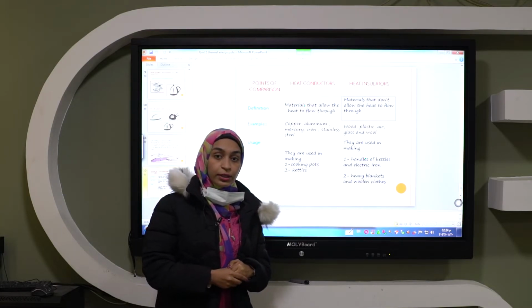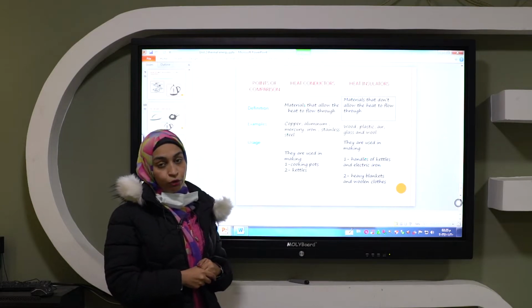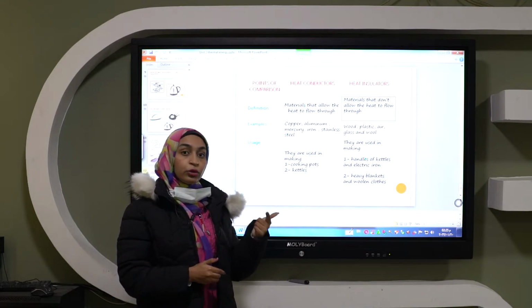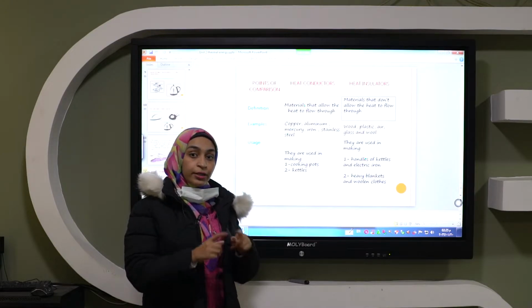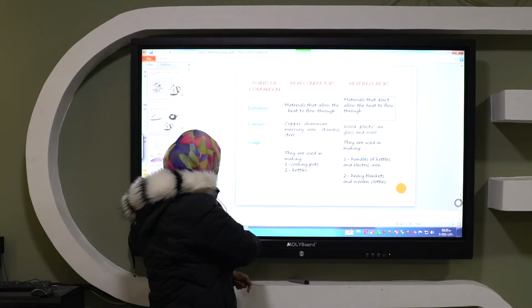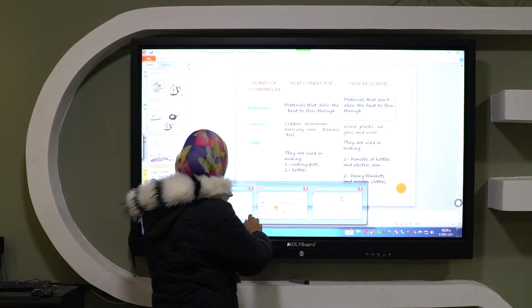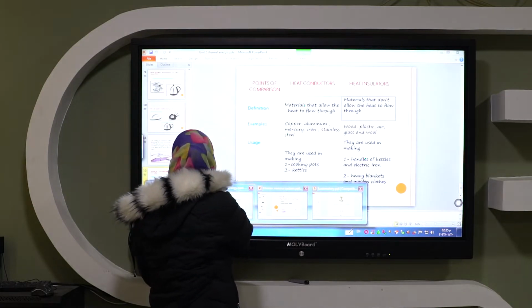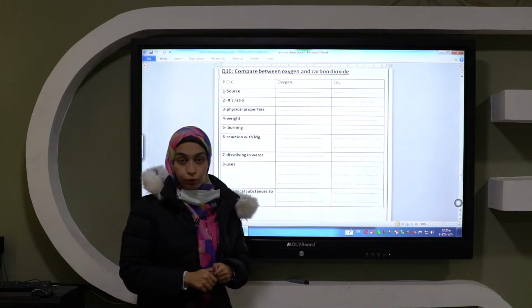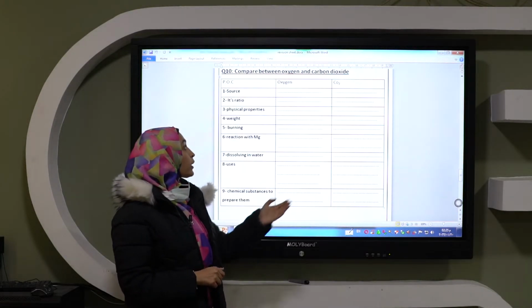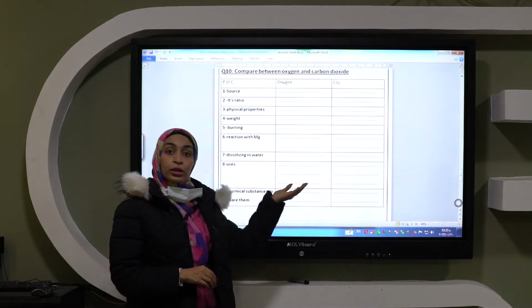What about unit 3? We can summarize unit 3, which talks about oxygen, carbon dioxide, water vapor, and other gases in a table of comparison. Let's see. If I want to make a comparison between oxygen and carbon dioxide, according to the source of oxygen,